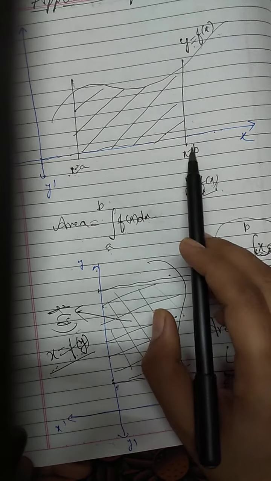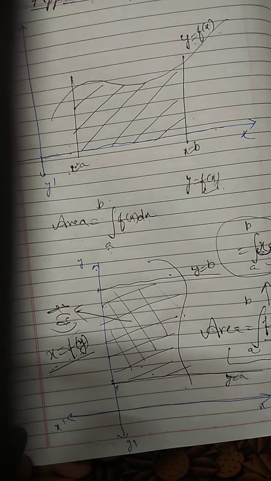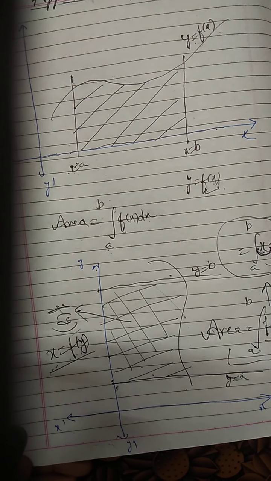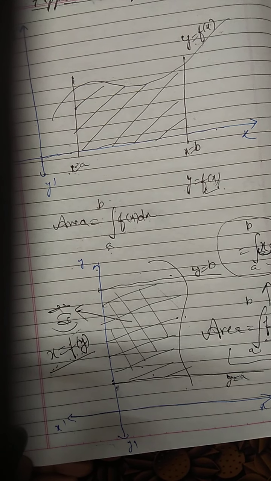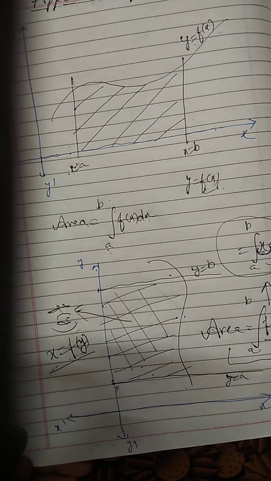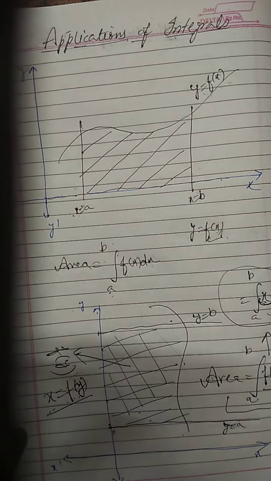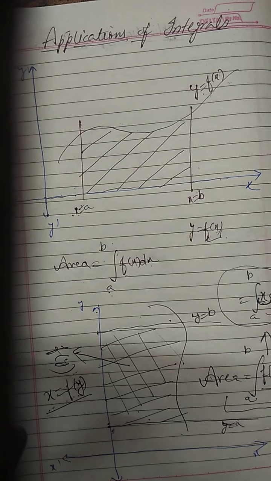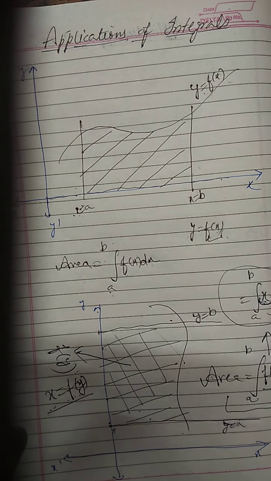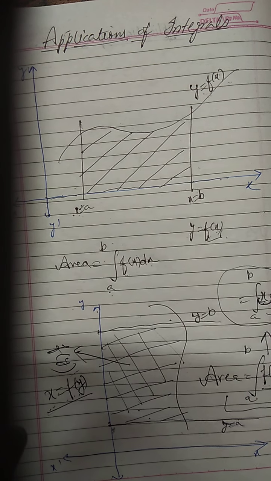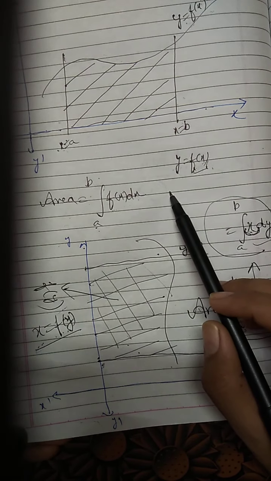If I don't take these two lines, that means it will be my indefinite integral, the simple integral of f(x) dx without limits. That will be the answer in terms of a variable, which means by putting different values of x I will get the corresponding value of the integral. But in the application of integrals, when we are finding the area under the curve, it is a must that it is bounded by some line or curve. Okay, so this is the simple introduction.